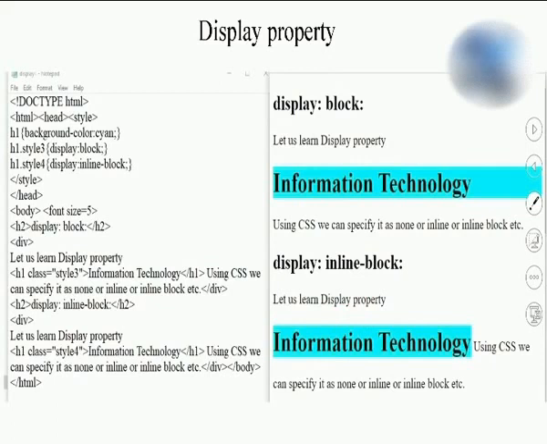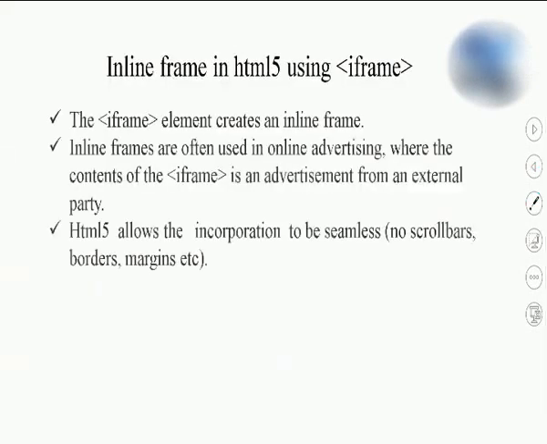And if I say display none, here you can see the display none, there won't be any kind of effect for the text. So let us see the inline frame over here. Inline frame is also called a floating frame. Students, a floating frame is used to insert a web page or a website on the web page itself. So you can insert a web page inside the web page by using the iframe tag. The iframe tag is a pair tag. You can put advertisements by using the iframe tag. So without the scroll bars, you can have a web page on your web page.